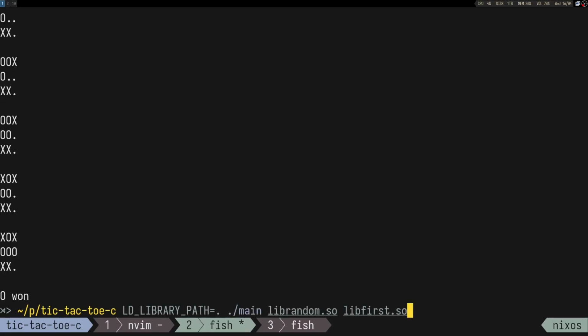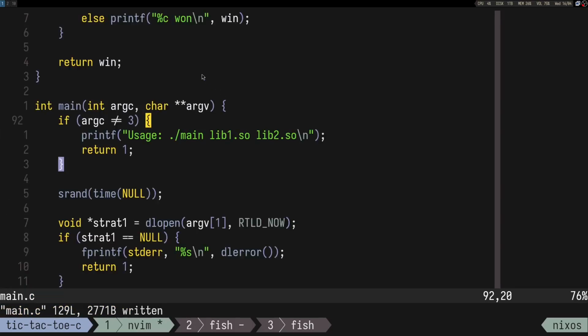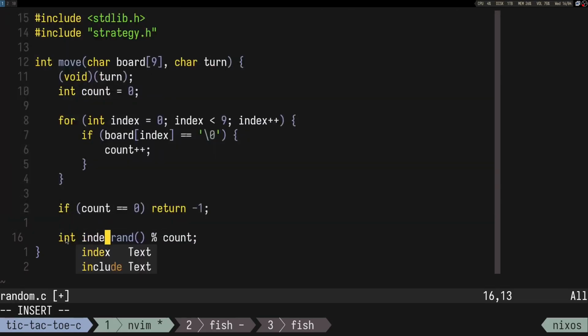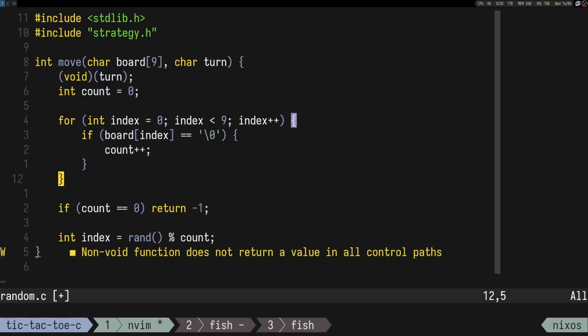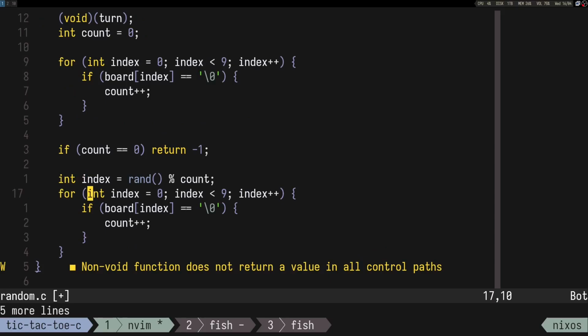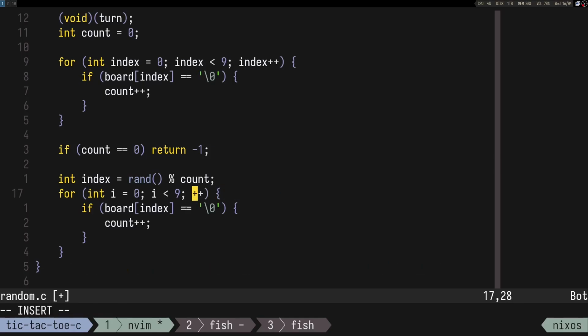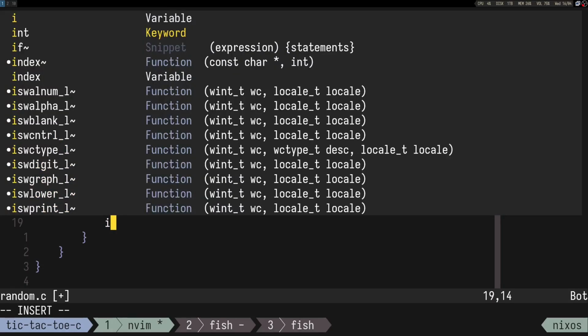So it's going to be pretty random who wins and who loses. Oh, you know what, the random one got me. So you can make illegal moves. That's pretty funny. This is the index actually, and what I have to do is go from I to 9, and here if